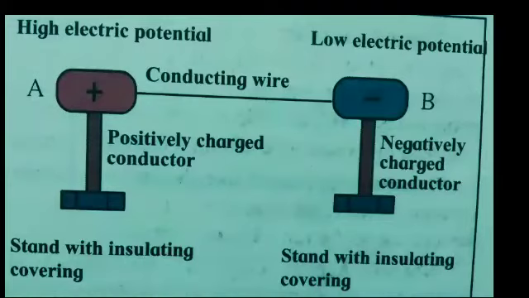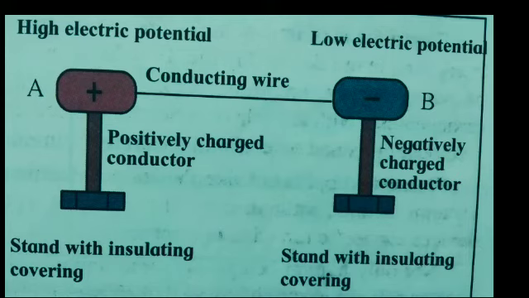A positive charge flows from a point of higher potential to a point of lower potential. We have seen earlier that electricity flows due to the conduction of negatively charged electrons. But keep in mind this difference. Electrons flow from the point of lower potential to higher potential. A lightning strike is the flow of electrons from a point of lower potential, that is from the negative on the cloud, to the higher potential on the earth, that is 0.